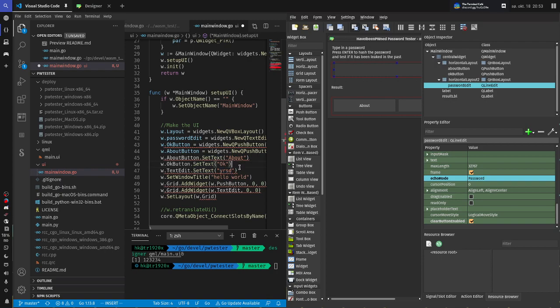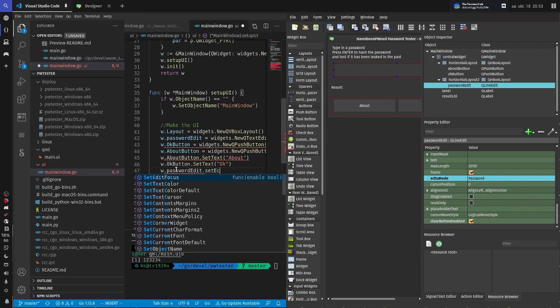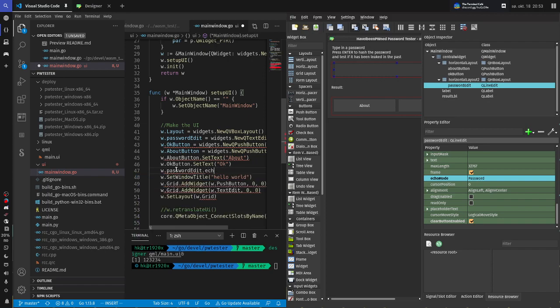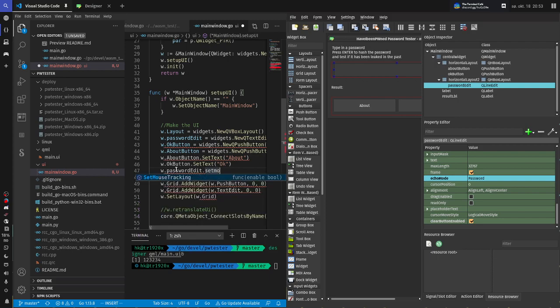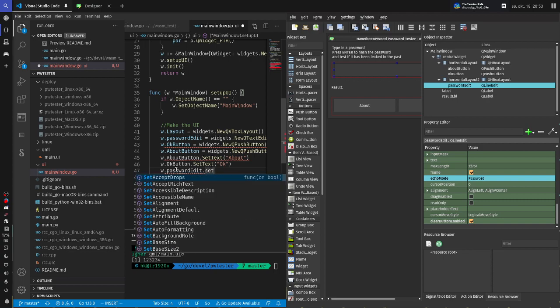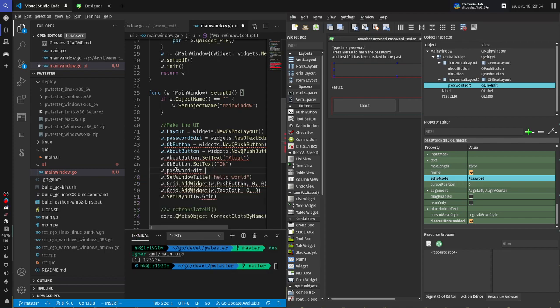About button. Let's see, set. There should be a way for us to set the echo mode on that. So if I go here,